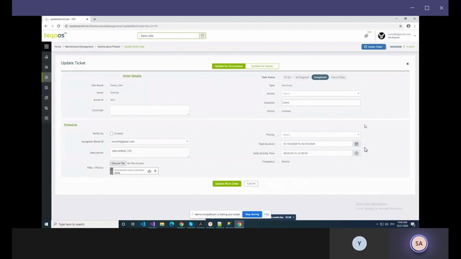So suppose the task has been completed, I would click on the in progress button if I don't want to assign any comment. If I want to give a comment or a status, then you just need to click on the update button. So updating the status would not depend on the update work order. If you want to update only the status, then you would click on the status button. Okay, and after update,